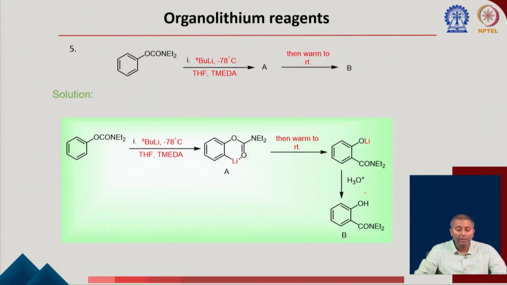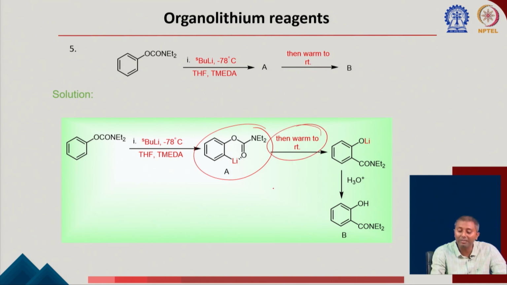Okay. Again there is another example here. What we have done here is very similar to the previous example. First thing is of course the directed lithiation to generate the lithium here, but now suppose you just warm the reaction to room temperature, if you have not added any electrophile and you have just warmed the reaction to room temperature, then what is going to happen? This lithium is now internally going to get attacked. So this can attack this carbonyl,